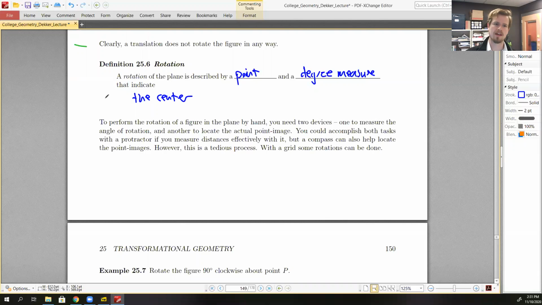Right, so we say that here's where we're rotating from, and so if we have some line of reference, maybe where a point is, and we're rotating about this point. And when we rotate about that point, how far we're rotating is the degree measure. So the point and degree measure indicate the center of rotation